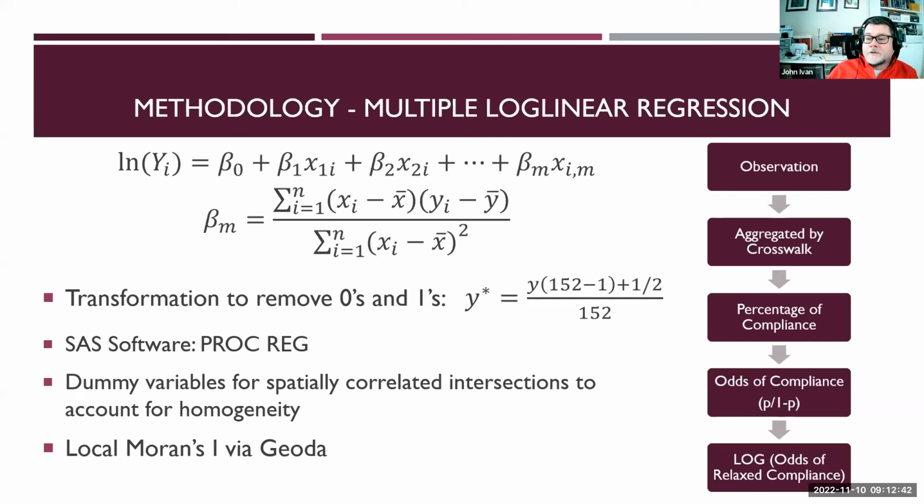SAS proc reg was used to do the analysis. And one of the things that happened, we did some tests of spatial correlation. Because of that, we inserted some dummy variables to account for the spatial correlation that we saw, for the homogeneity we saw. As well, there are some locations that just had a very extreme situation with their compliance,